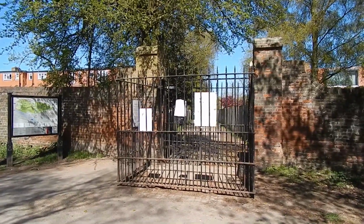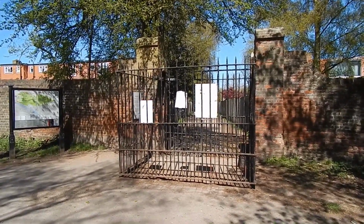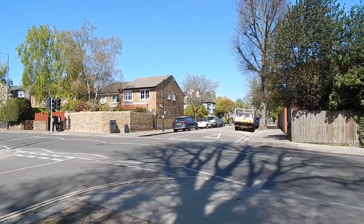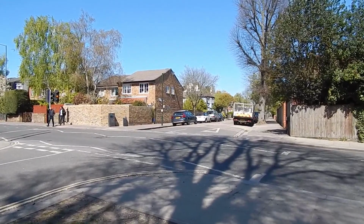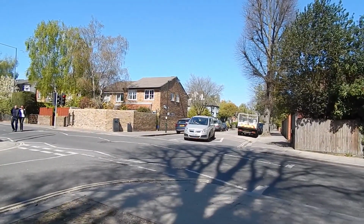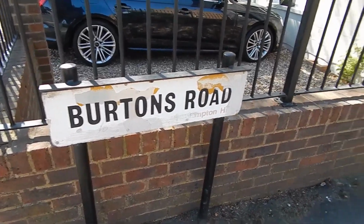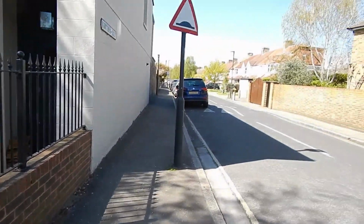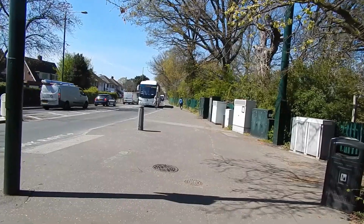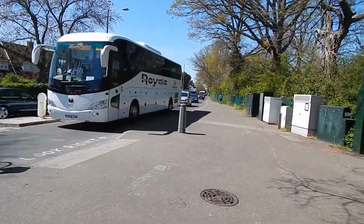We're now leaving Bushy Park through Laurel Road Gate, and we've got some road walking coming up in the Teddington area. We now cross the A313 and continue ahead. I won't do vast amounts of videoing on these roads. Having crossed the A311, we take Burtons Road down there for over half a mile. Burtons Road arrives at the A312 Uxbridge Road,